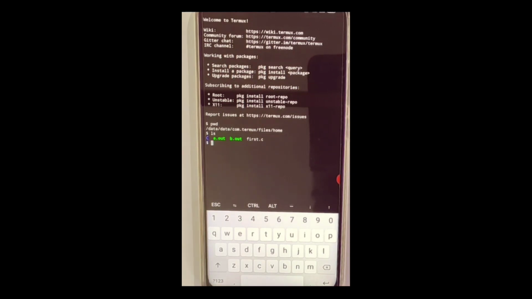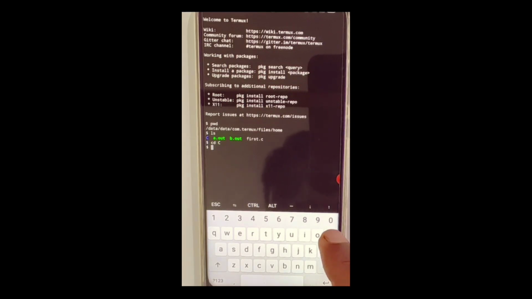Now coming to another important command called cd. cd means going to a particular directory. Suppose here you can see a blue-colored C, a.out, b.out and first.c. So .c means those are files, and the capital C you can see is a folder. So you can go to that folder with cd C. Be careful with the name. It was capital C, so you have to write capital C. After that you can enter. So you are now in that C folder.